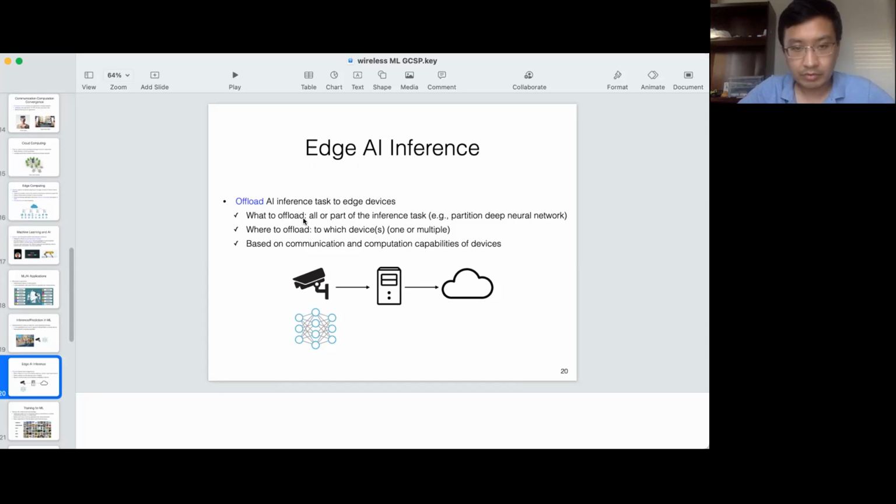However, in order to efficiently perform this so-called edge AI inference, we need to solve several problems. For example, what should be offloaded from the surveillance camera to the edge node? Shall we offload all of the inference task or just part of the task? If we use a deep neural network as a machine learning model, then we can perhaps partition this model into several chunks and perform some part of the task on this surveillance camera,